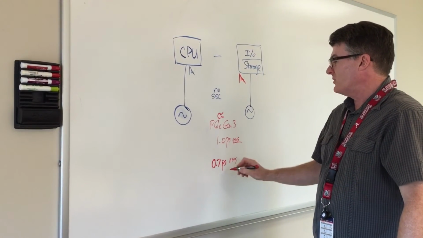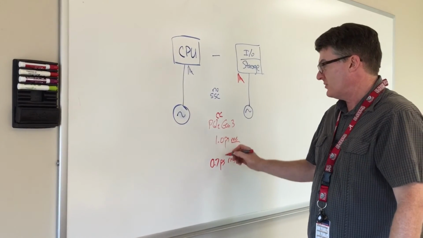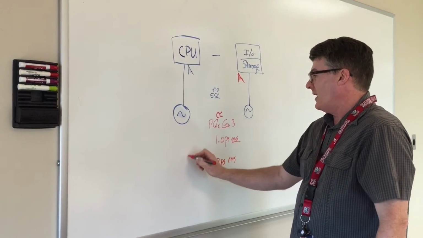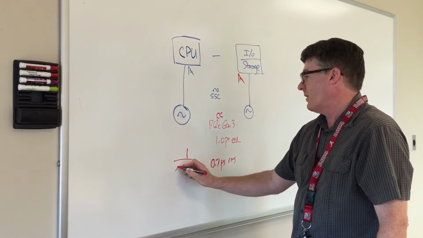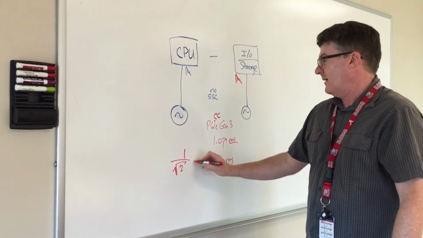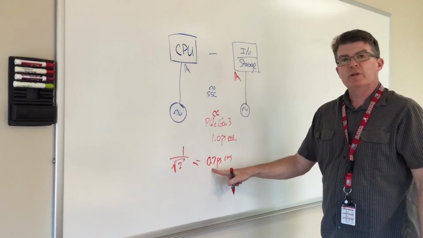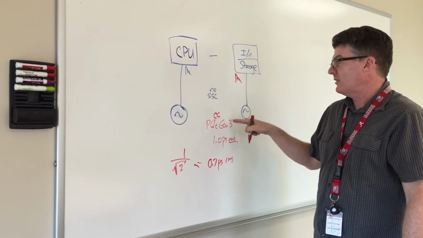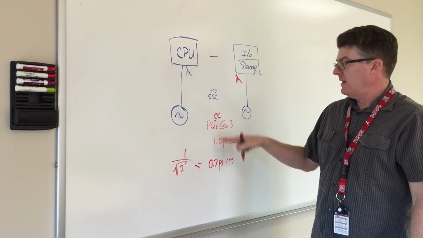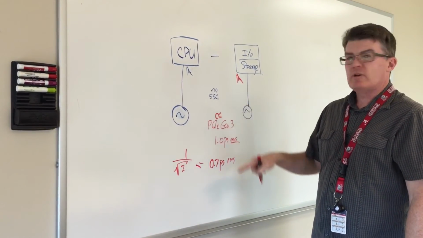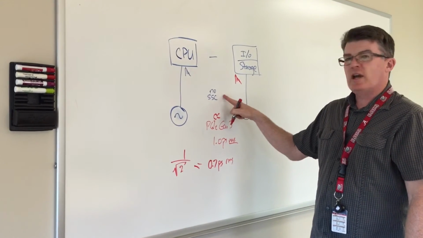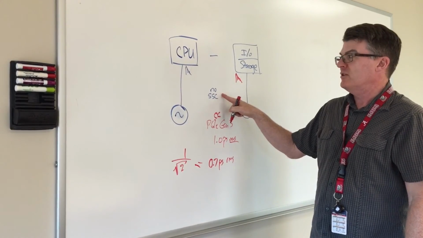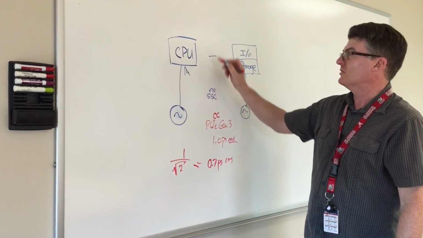And because this is root mean squared, the 0.7 is actually twice as good because it's a square root, so it would be 1 over the square root of 2, which equals the 0.7 picoseconds RMS. So a clock that's really good for common clocking architectures is probably okay for separate clocking, but you need to check with IDT to make sure you're choosing the right part for your architecture, and you need to know what your architecture is.